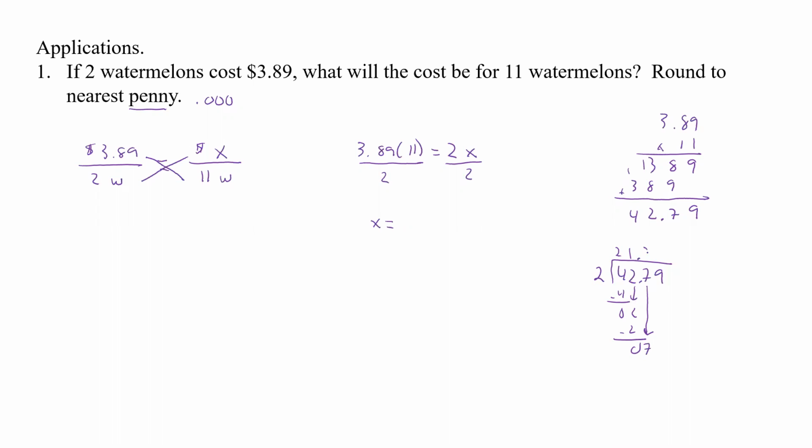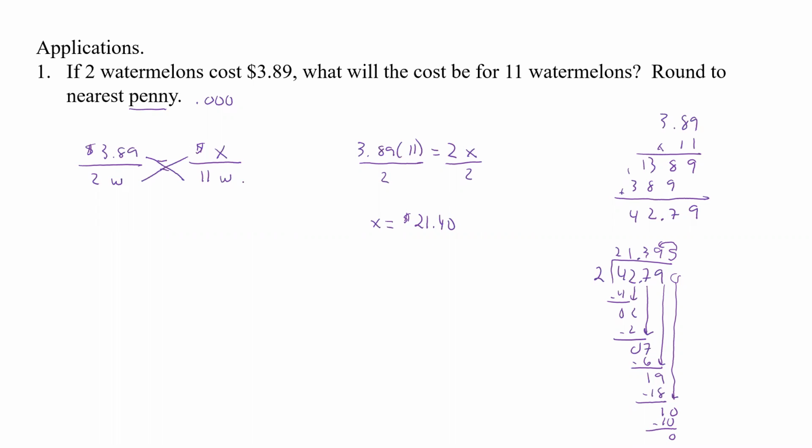Well, 3 will go in there, 6, and we subtract that, we get 1. Bring down our 9. Well, 2 times 9 will give us 18. Subtract that off, we get 1. Now we have to do our third decimal place, and that's going to be a 5. That's 10. Subtract that off, we get 0. And so now we've got it to the thousandth, so then we can round to the hundredth, which is the penny. And so then that x is equal to